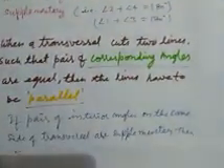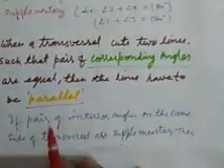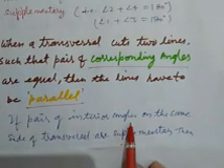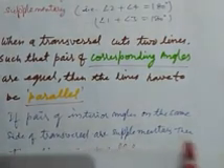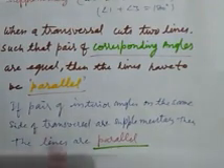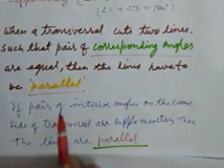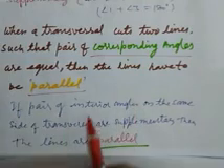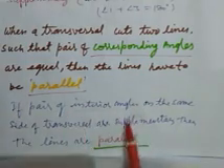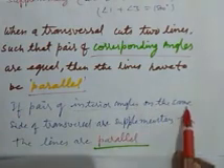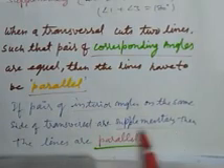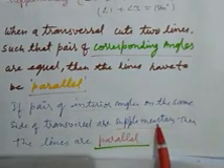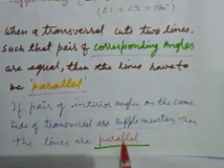We take another statement. If a pair of interior angles on the same side of a transversal are supplementary, then the lines are parallel. We repeat it. If a pair of interior angles on the same side of a transversal are supplementary, that is, their sum is 180, then the lines are parallel.